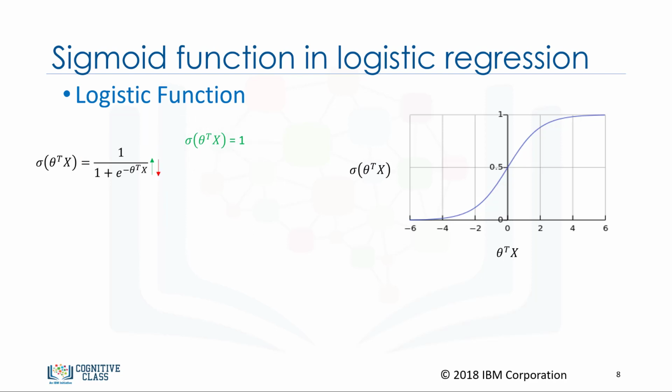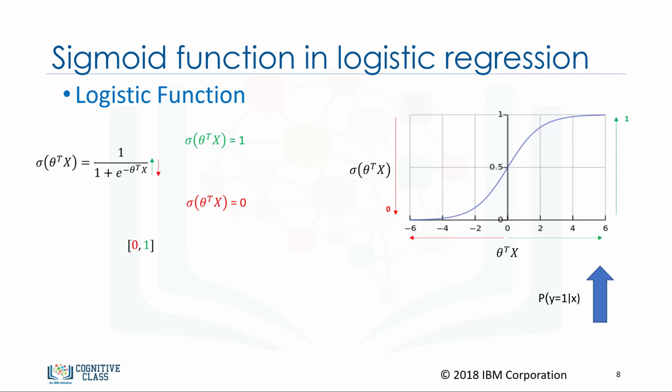If theta transpose x is very small, the sigmoid function gets closer to 0. Depicting on the sigmoid plot, when theta transpose x gets bigger, the value of the sigmoid function gets closer to 1. And also, if theta transpose x is very small, the sigmoid function gets closer to 0. So, the sigmoid function's output is always between 0 and 1, which makes it proper to interpret the results as